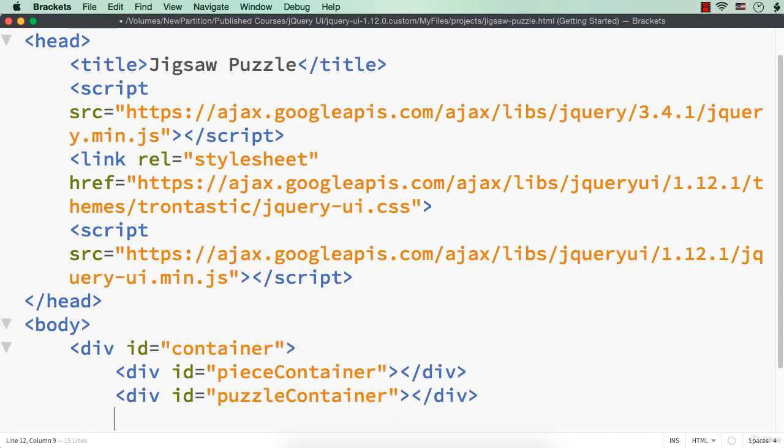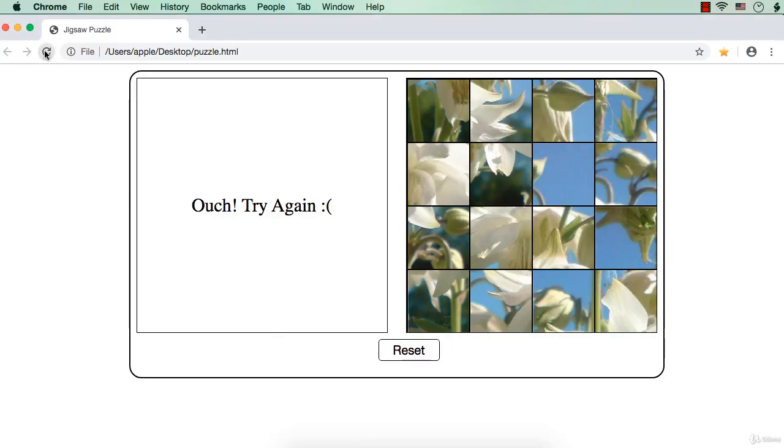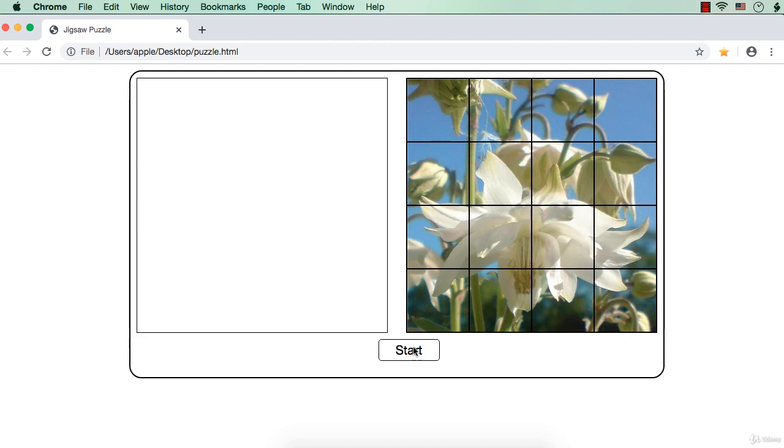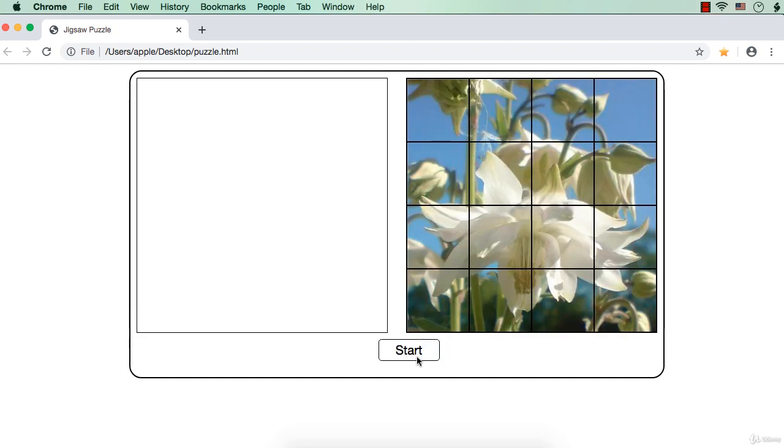Then after that we need to have button, right? So here you could see that there are two buttons. In fact, this is the first button with text start, and once we click the start button it becomes a reset button, because suppose I move the pieces like this and if I again want to see the whole image once again, then I have to click the reset button so that it will become a start button. So if you want, we can do it in one button itself, but to avoid confusion I am going to add two buttons